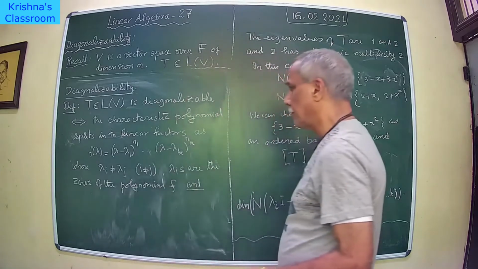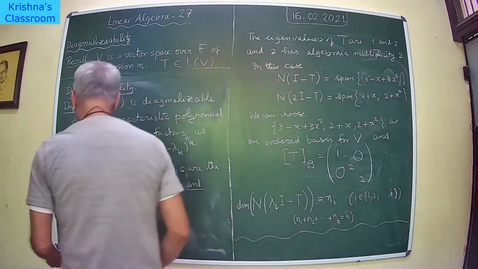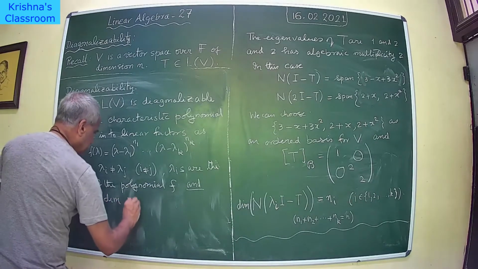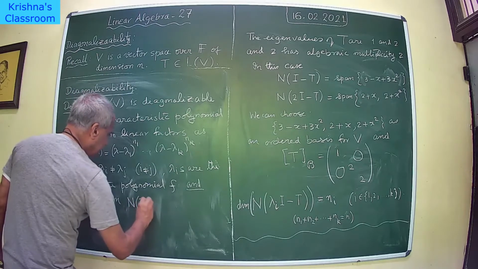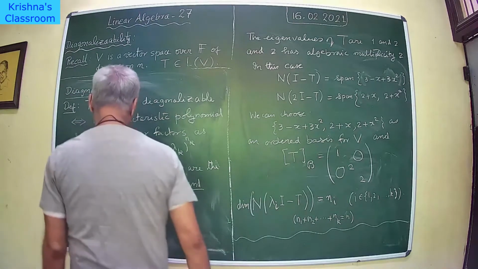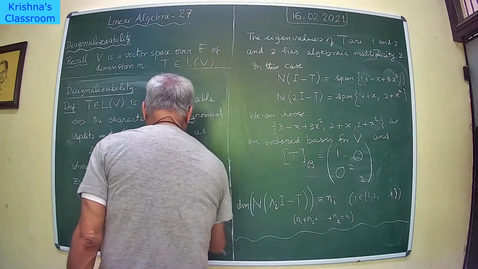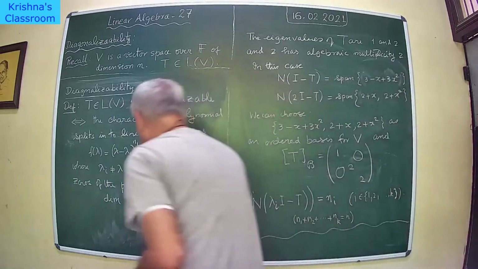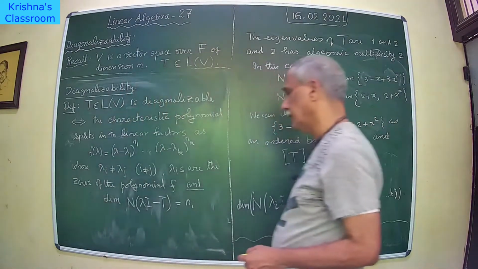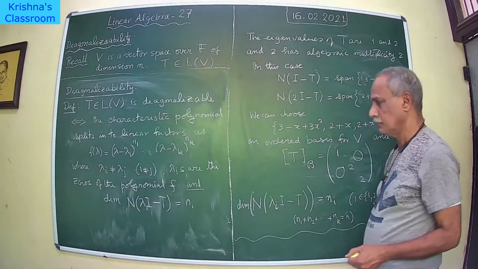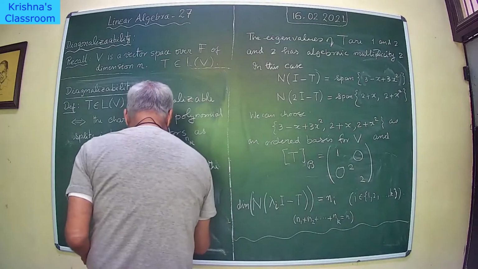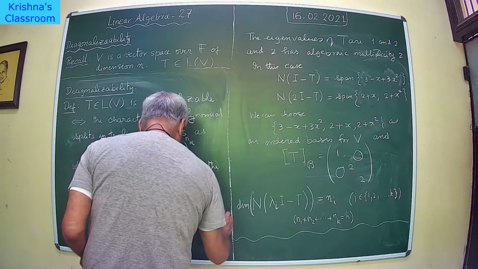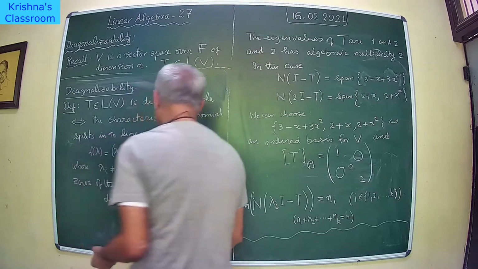the second condition, dimension of the null space of lambda I minus T is equal to, sorry, lambda i I minus T is equal to ni for each i, and this facilitates